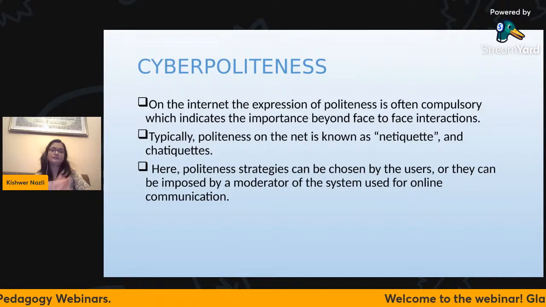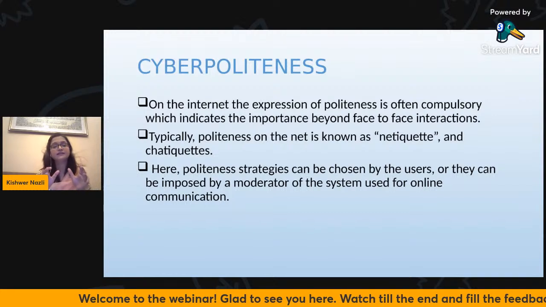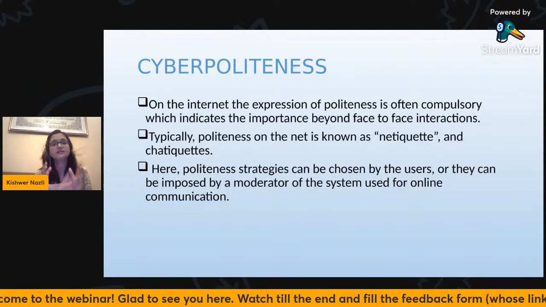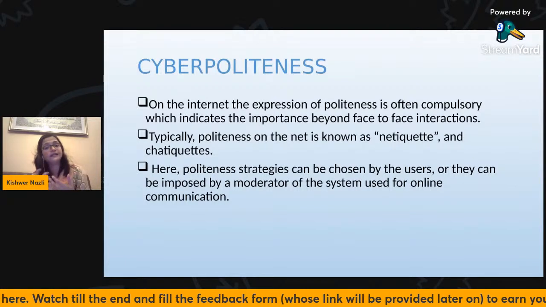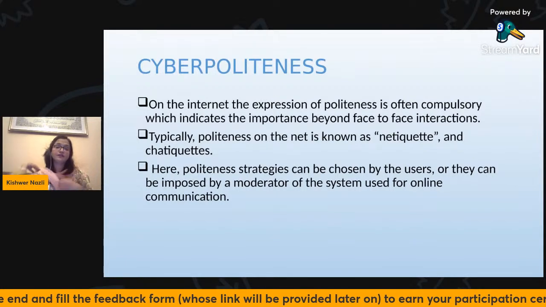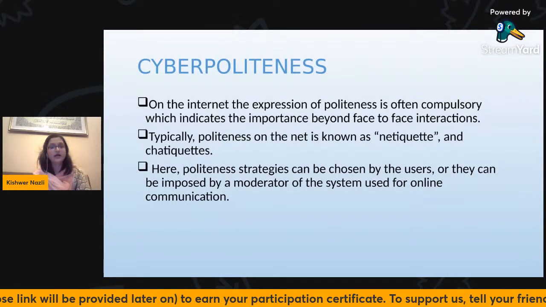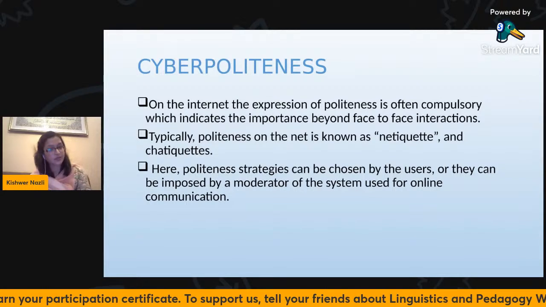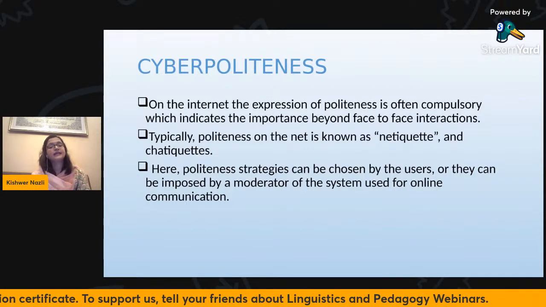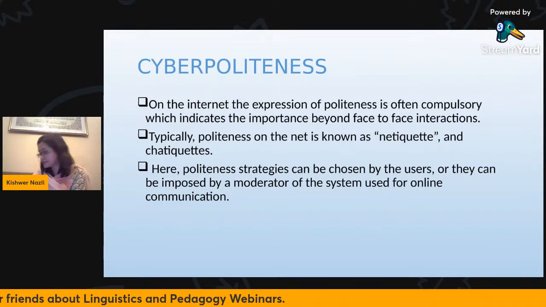Now we have discussed pragmatic politeness. Now we will focus on cyber politeness. What is cyber politeness? How can we maintain this politeness in computer-mediated interaction? In cyber politeness, we can say that on the internet, the expression of politeness is often compulsory, which indicates its importance beyond face-to-face interaction. Typically, politeness on the net is known as netiquette and chetiquette. Here, politeness strategies can be chosen by the users, or they can be imposed by a moderator of the system